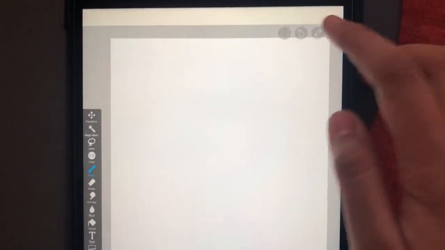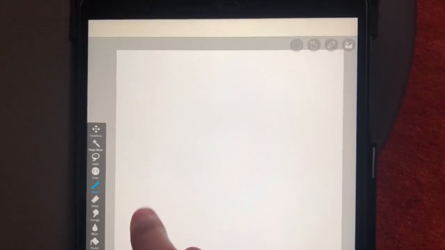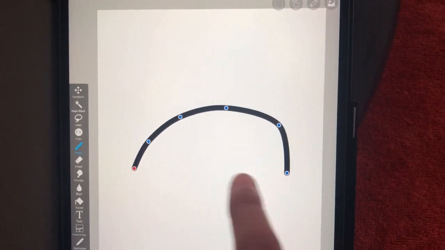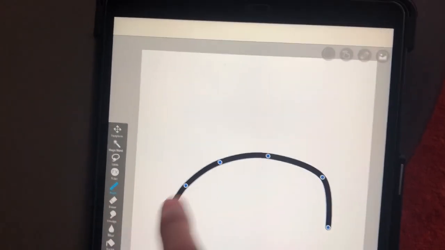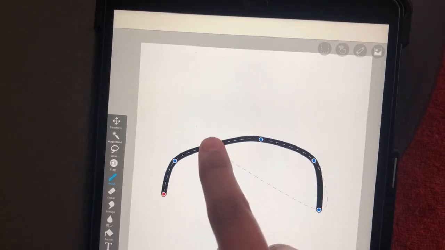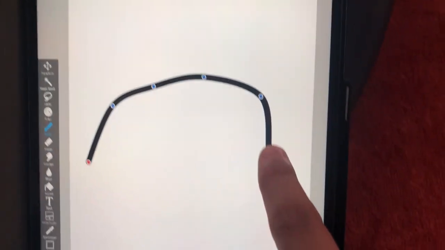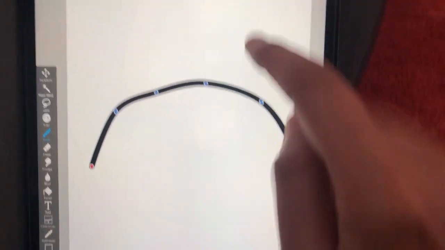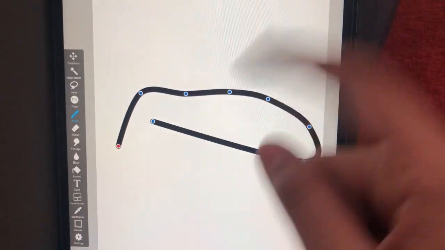So let's start with drawing the curve lines. Choose the curve line option here and let's begin. Draw a set of points on the canvas, and here you see that you have already scribbled out a curve line on the canvas. You can move the points here to get the curve according to your requirement. If I want this curve to be a little more bulgy or a little more narrow inside, it is all up to you, whatever is your requirement.